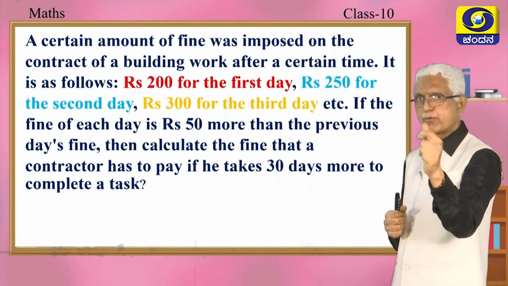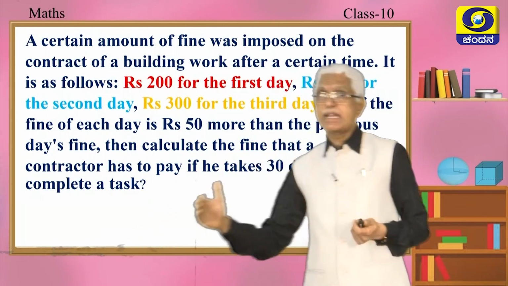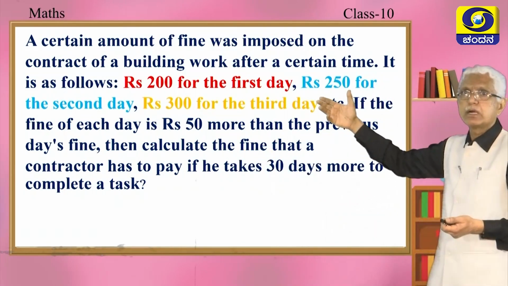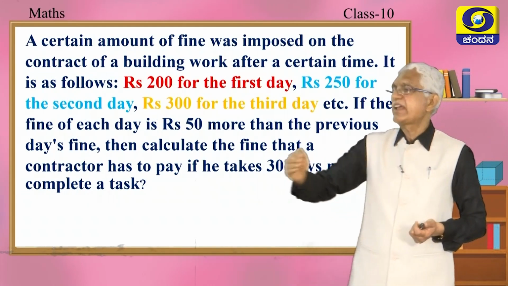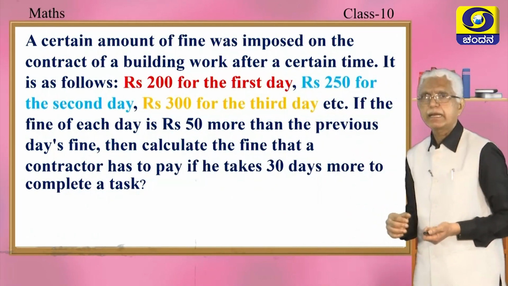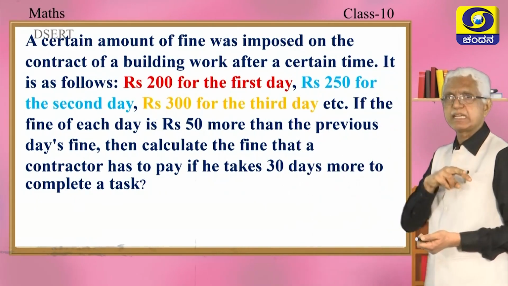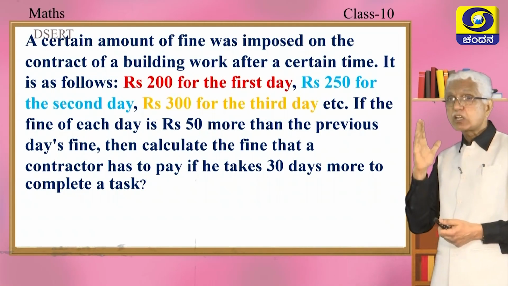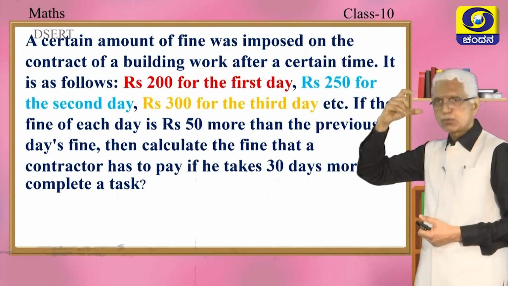If he is delayed by 1 day, 200 rupees for the first day. He is delaying by the second day, 250 rupees. He is delaying it by the third day, 300 rupees. So, for a delay of every day, 50 rupees he has to pay extra, correct? If the fine for each day is 50 rupees more than the previous day's fine, calculate the fine that the contractor has to pay